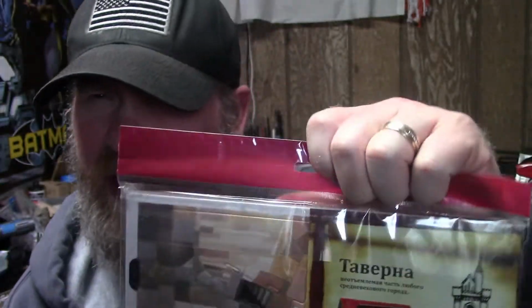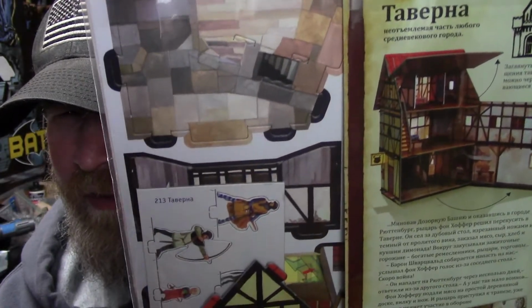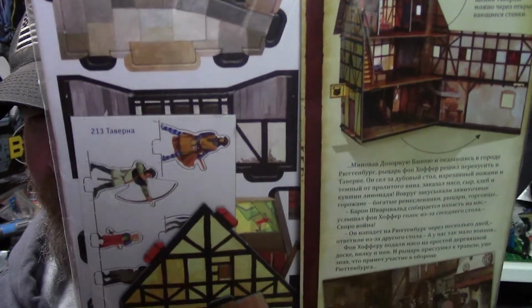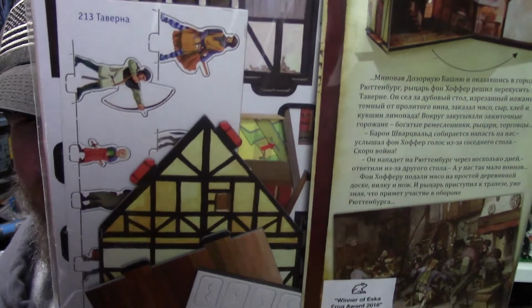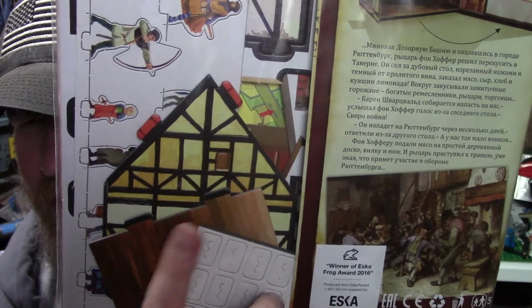The back is the same. There's a lot of cool stuff written there. I just don't know what it is. But I bought this, this actually folds open. But I bought this because I wanted to see